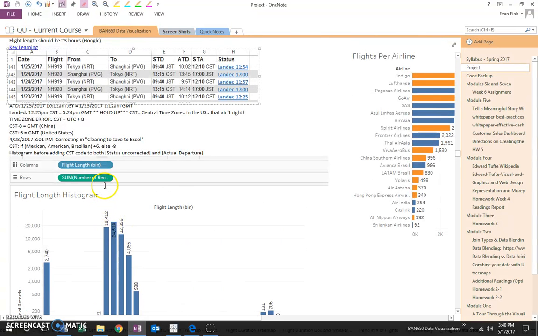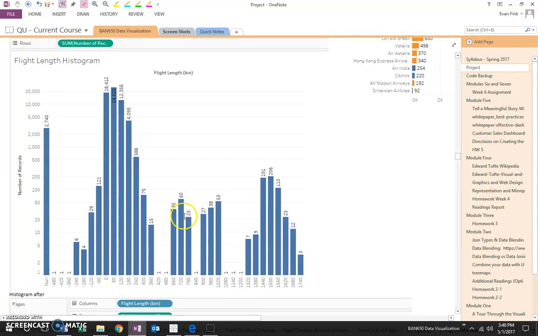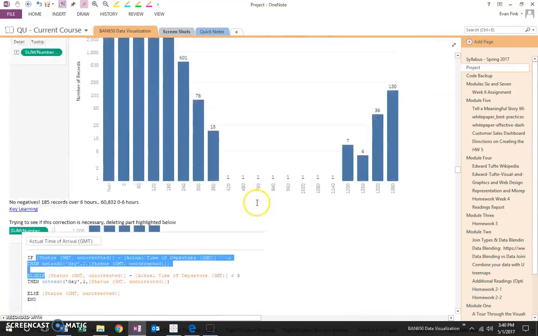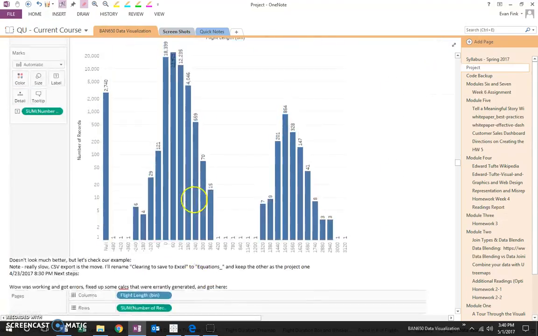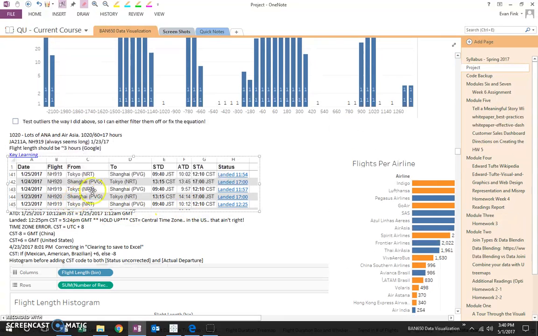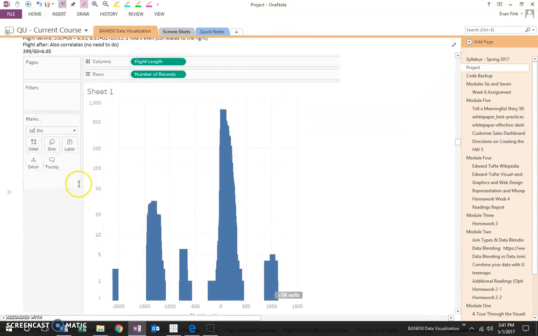One of the biggest errors I found, so this is what the histogram looked like before I fixed the data, and this is what it looked like after I fixed the data. The problem was the UCST for time zone means both Chinese Standard Time and Central Standard Time in the United States. So the two are off by 14 hours there. So I'll show you the fix that I put in